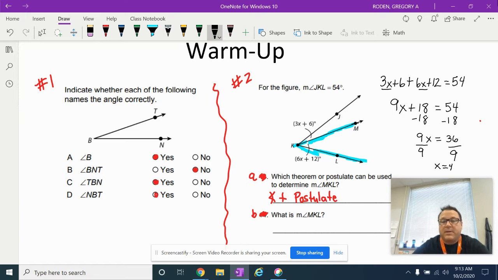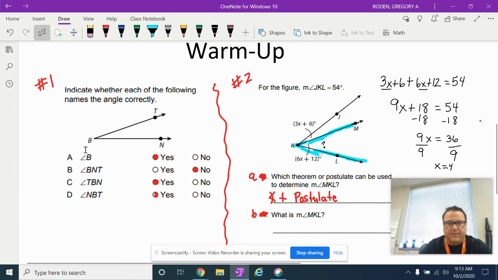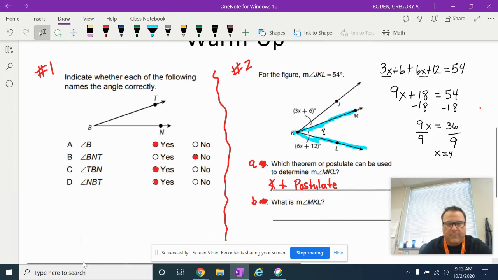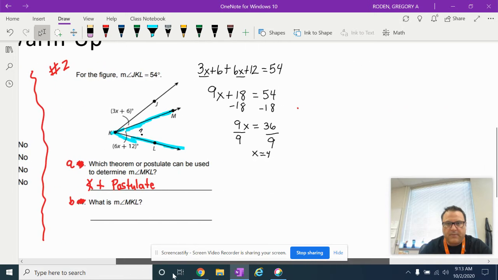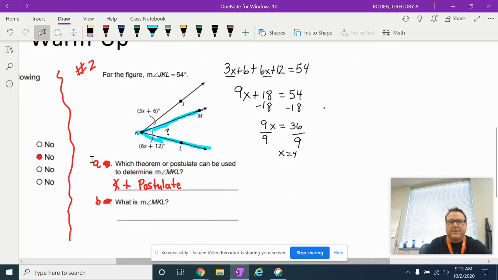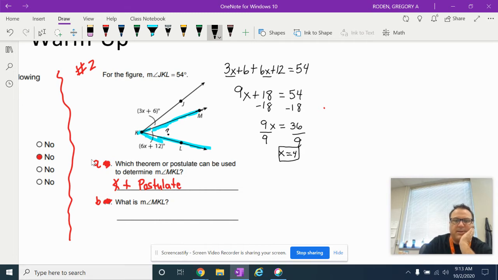Now we're not done, because remember, we always want to answer the question. And the question is not what is x equal to. The question is what is the measure of angle MKL. So we need to know this measure right here. We want to know how many degrees that is. Let me see if I can pull this over a little bit real quick. Okay, cool. So now to do that, all we have to do is simply plug 4 into this